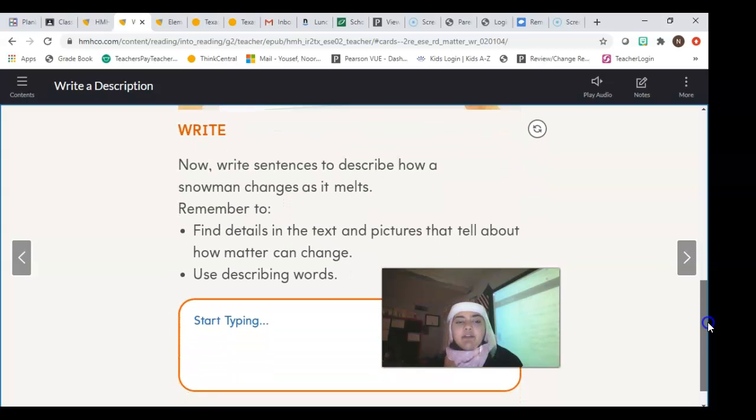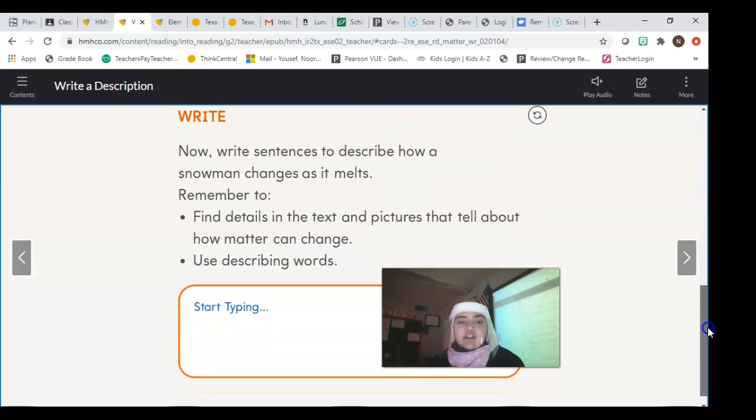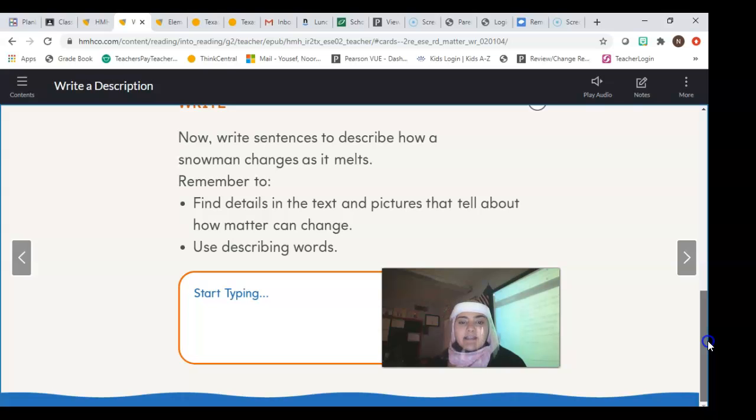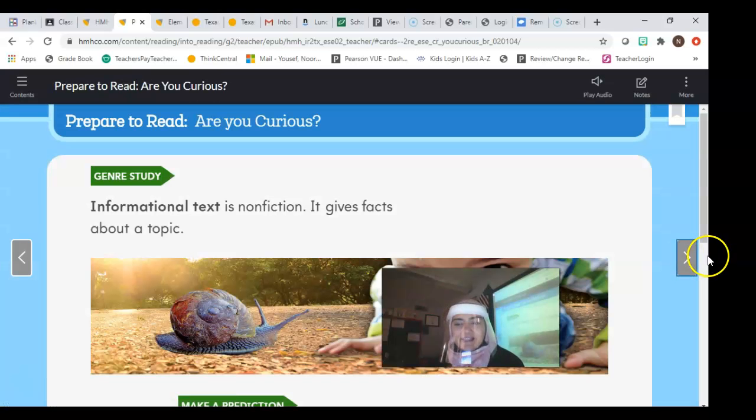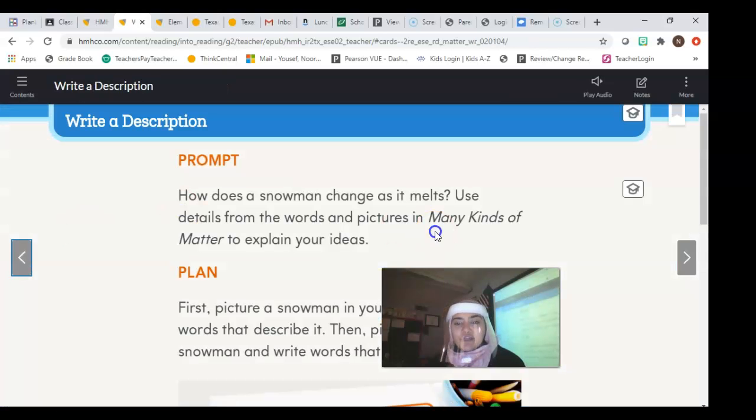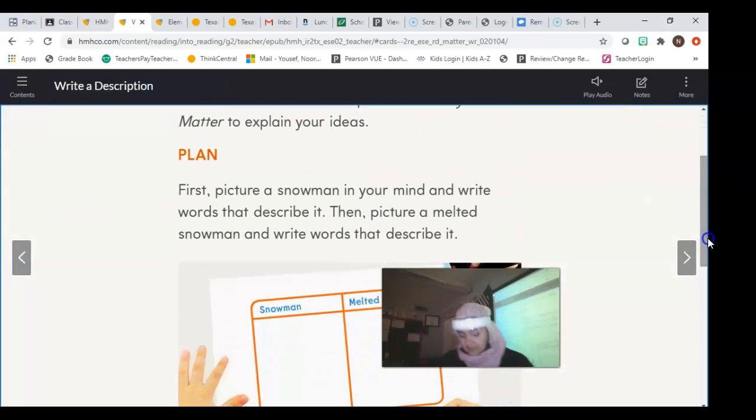All right, we're going to do that in a little bit. Now write sentences to describe how a snowman changes as it melts. Remember to find details in the text and pictures that can help show how it's changed, and then you're going to use describing words. So we're going to do that activity today, and then we're going to do those tomorrow. So right now what you're going to do is